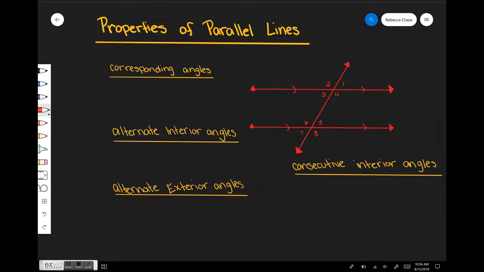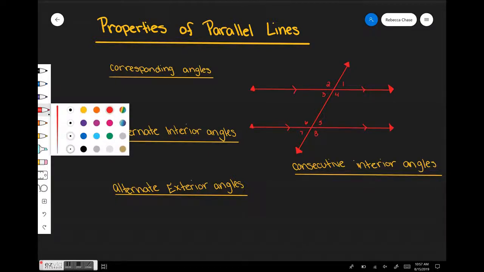So we are going to start the first section, and the first section is just a lot of definitions, okay? So we're going to start really digging into proofs a lot towards the end of this section, but in order to do proofs, you need the different rules and the different theorems that you can use in order to prove things, okay? So the things that we already know for a fact. So we're going to start looking at parallel lines, all right? We have different types of relationships of angles when we know that two lines are parallel.